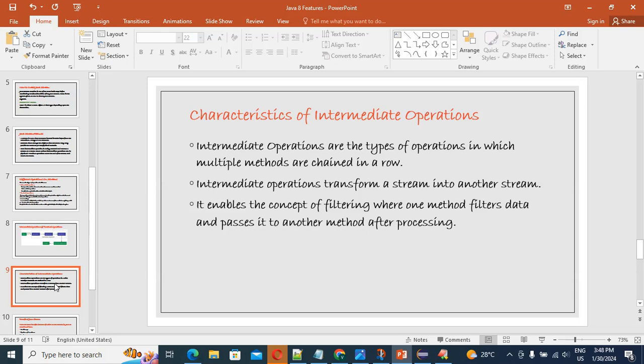Then second point, right? Intermediate operations transform a stream into another stream. So first filter, then sum. Definitely it will transfer one stream to another stream. And third, it enables the concept of filtering, where one method filters data and passes it to another method for processing. Once we have done the filter, then we check whether it is greater or not. If it is greater, then we sum those even numbers. It depends upon one another, right? So filtering, where one method filters data and passes it to another method for processing. That is the characteristics of